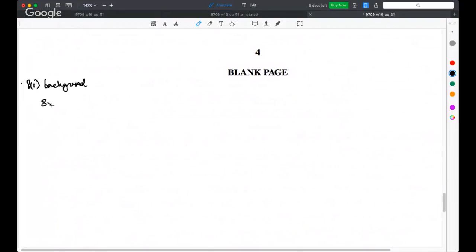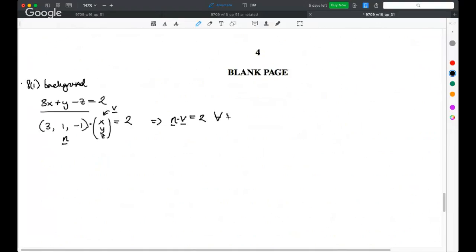equation. 3x plus y minus z is equal to 2. That was it, right? Yes. So we can also think of this as a dot product between 3, 1, minus 1, and a vector x, y, z, which is equal to 2. So this is a dot product, a scalar product, so obviously it gives a scalar. This is any vector which is on the plane, x, y, z, some general coordinates. Let's call it N, suggestively. So we have that N dot V is equal to 2 for all V